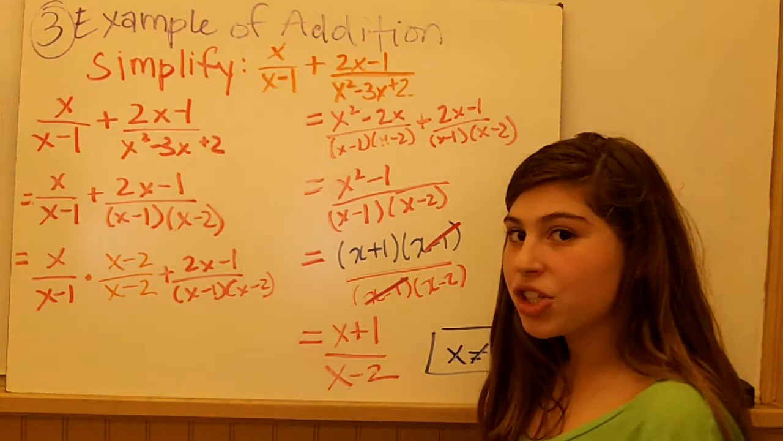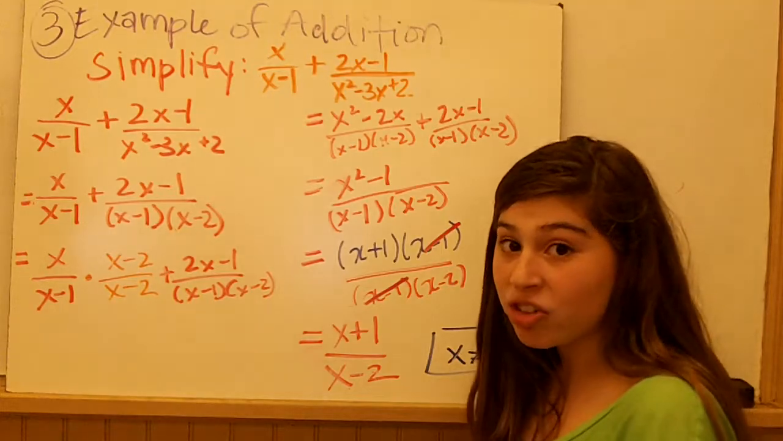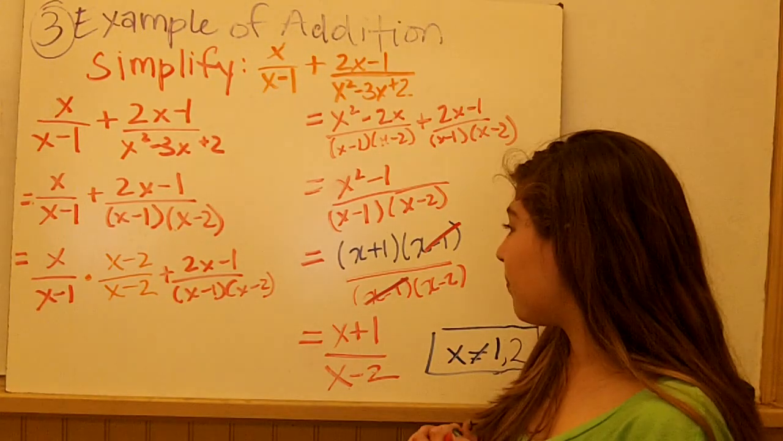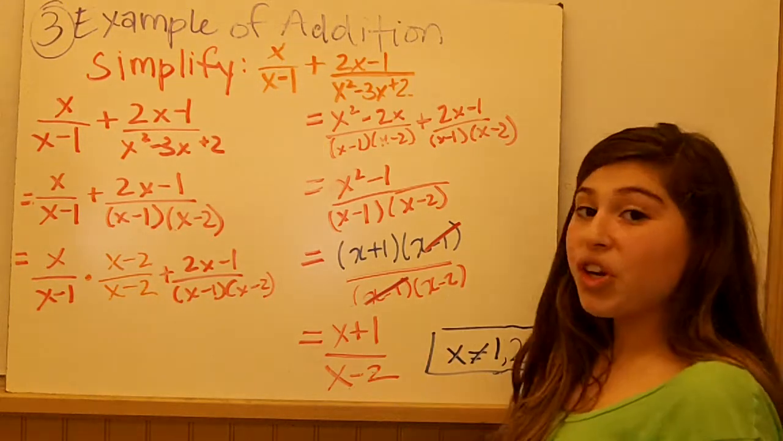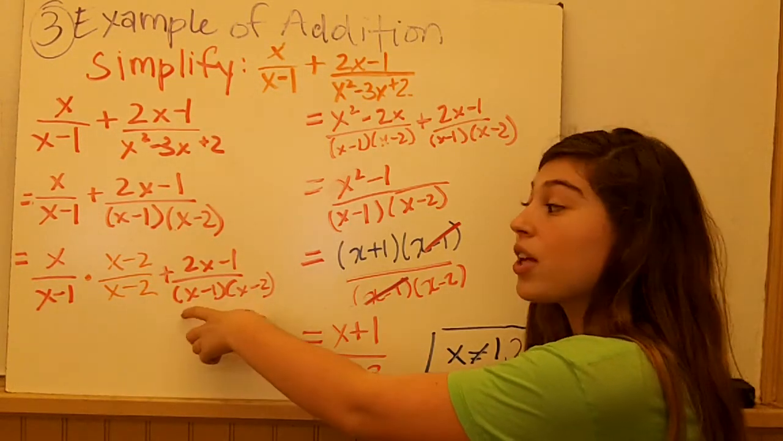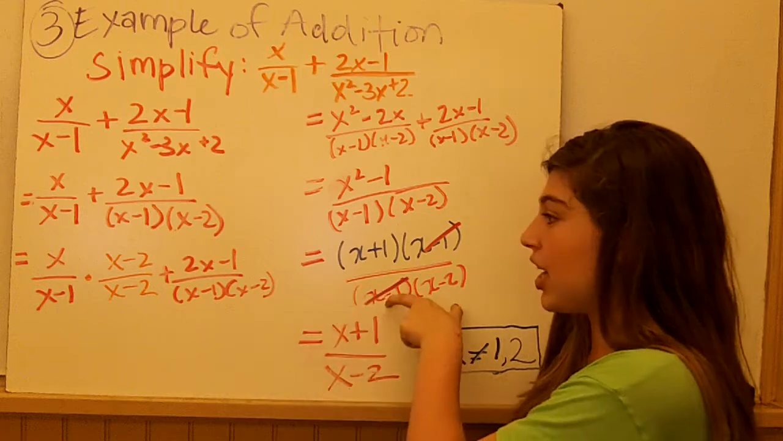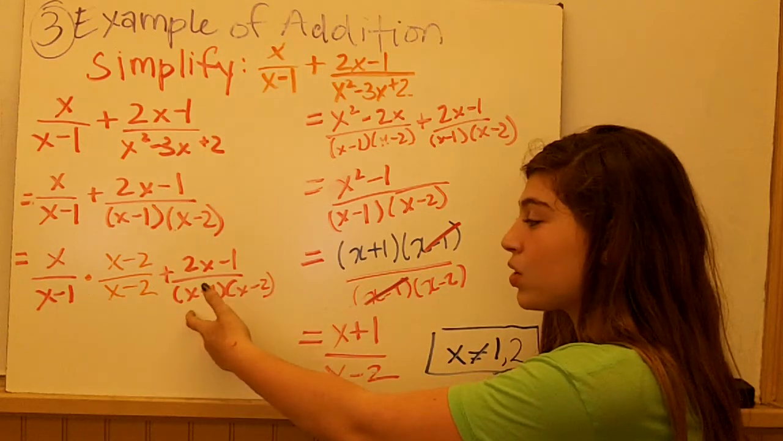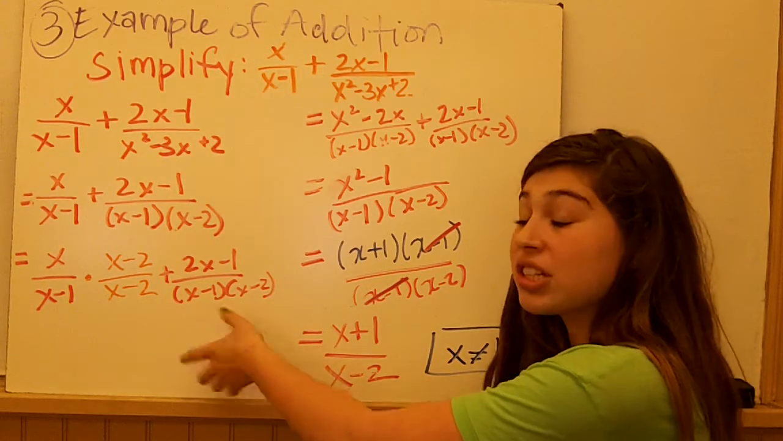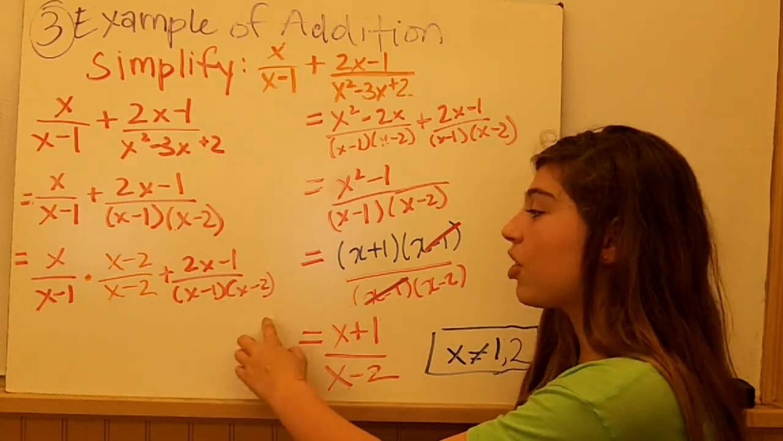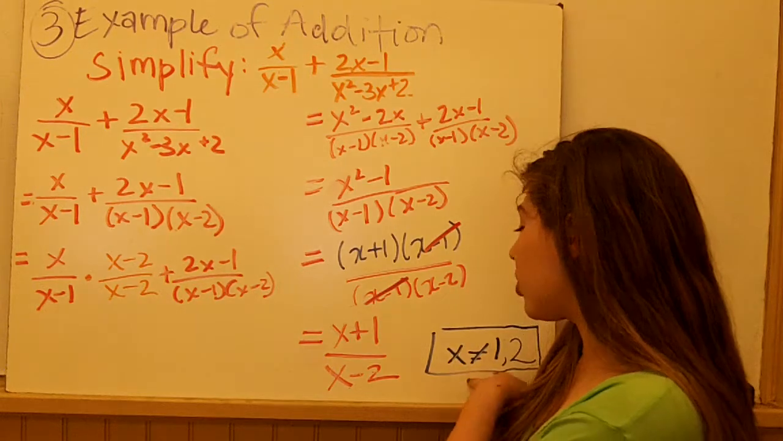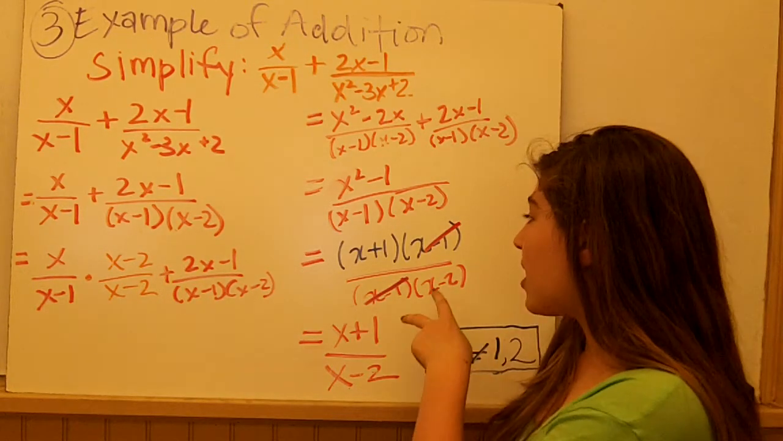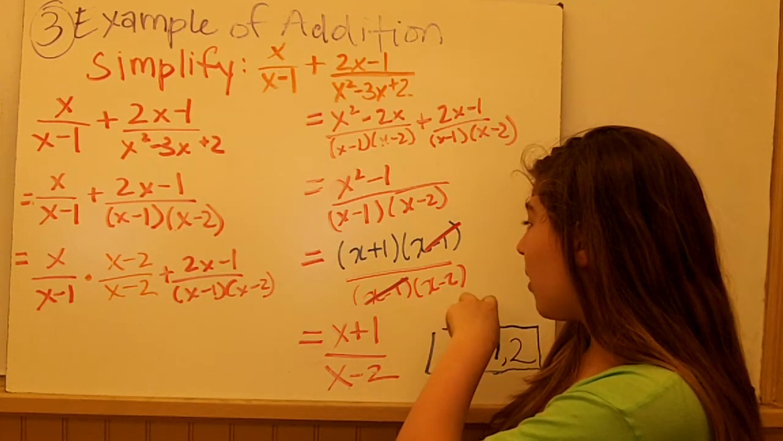But you have to make sure you acknowledge the domain restrictions, which is x can't equal 1 or 2, which we know because in the LCM as well as the denominator here and here, x minus 1, if we put a 1 in here, the denominator would equal 0, and if we put a 2 in here, the denominator would equal 0, which we know we can't do. So these are our domain restrictions, and as you see here, this is